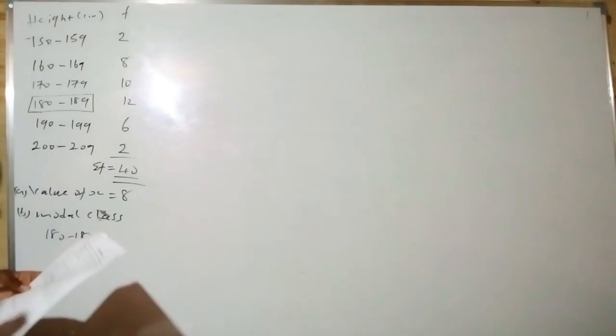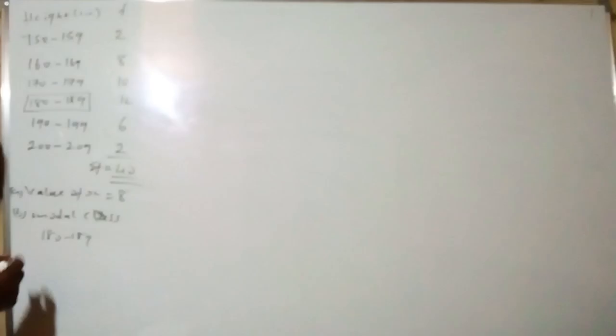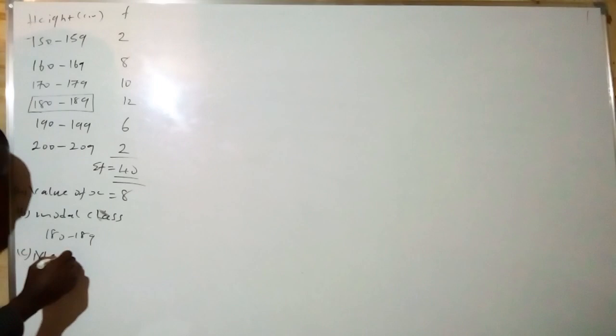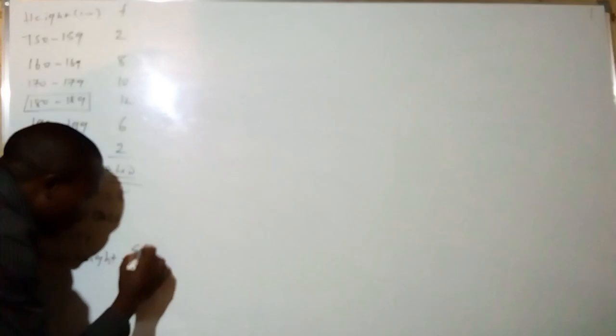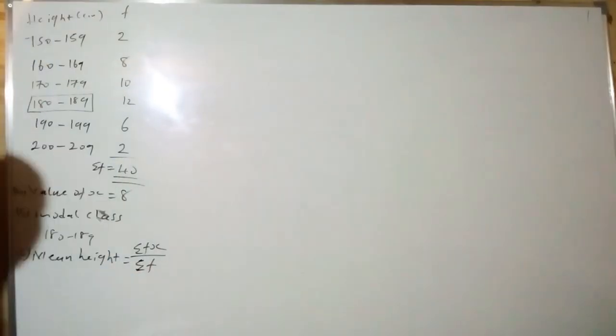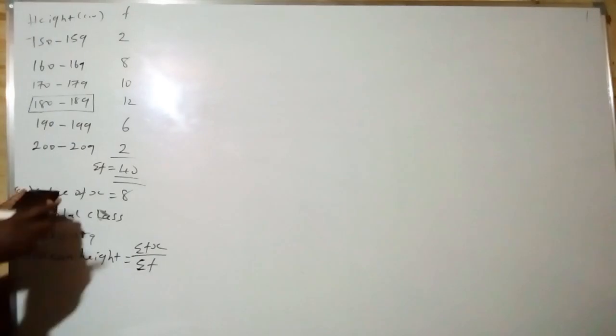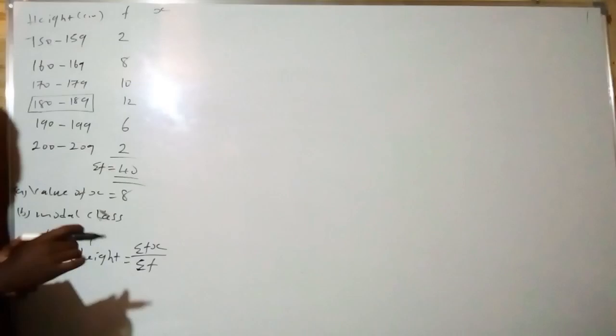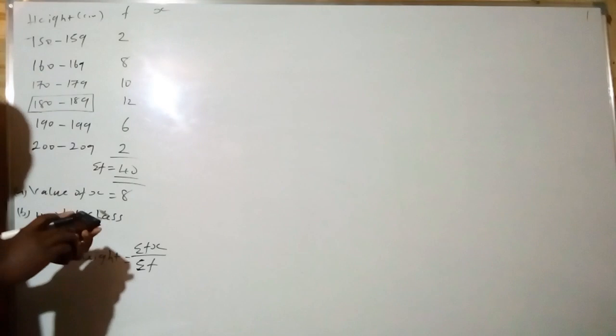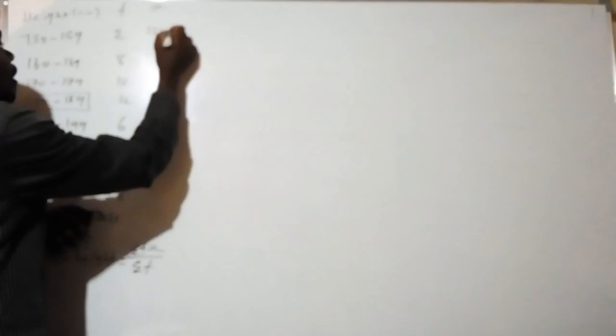C, mean height. The formula for getting the mean height is summation of Fx all over summation of F. What you are going to do in this, we are going to introduce column X. In this column X, you take the lower class limit and the upper class limit, then you divide by 2. 150 plus 159 divided by 2, 154.5. 160 plus 169 divided by 2,